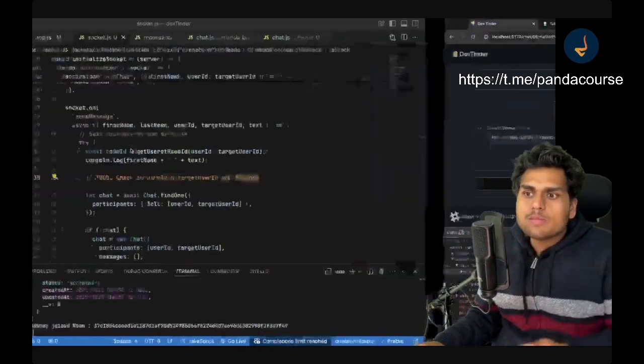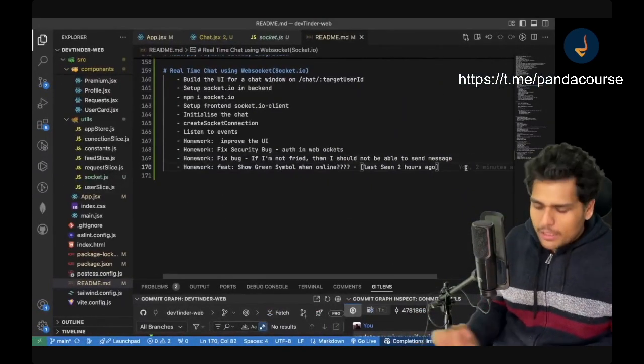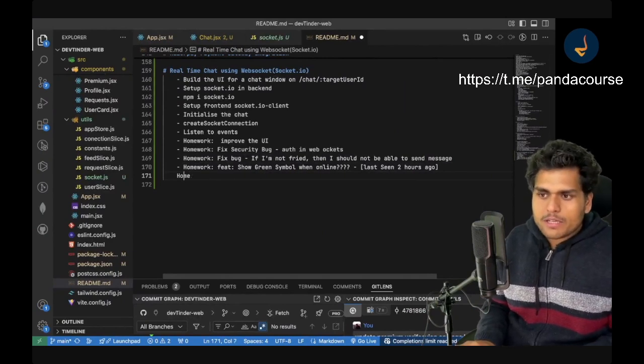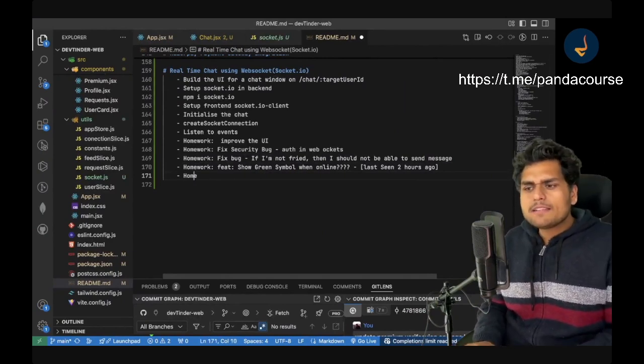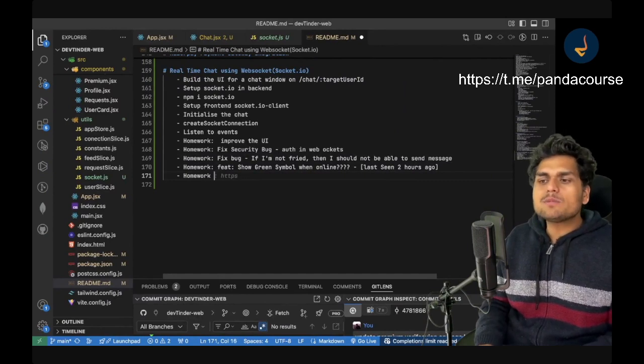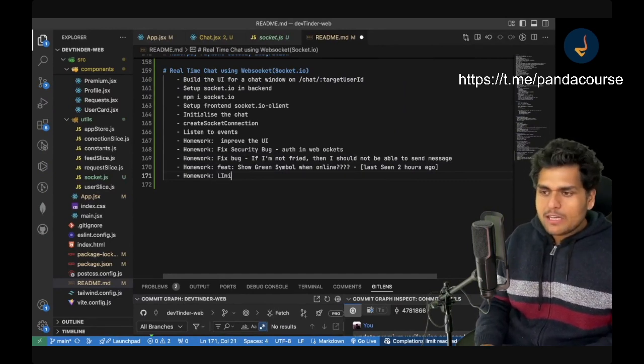So limit those messages, right? Limit messages on API call, right? This is one more homework that you need to do. There are so many things. If I think about it, there would be so many things which are left to do, right? So limit